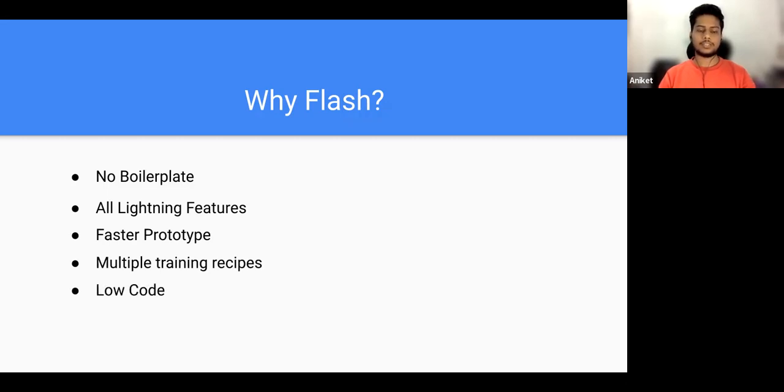Flash also provides Flash Zero, which is low code. If you do not have any experience in machine learning or even in Python, you can use the CLI to build and train your model. It has amazing integration with a lot of PyTorch ecosystem libraries like TIMM, PyTorch semantic segmentation models, and Icevision and all.